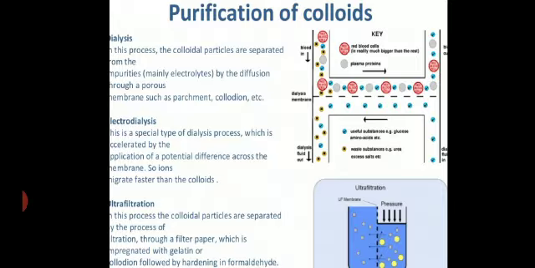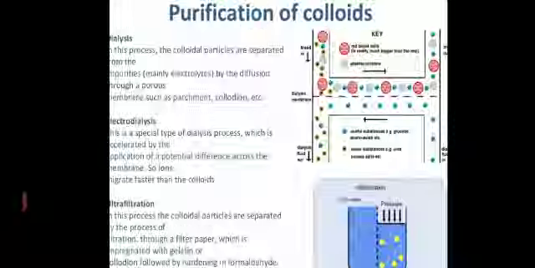Now why do we do so? We reduce the size of the pores of the filter paper, because through ordinary filter paper crystalloids can pass through, and even colloids can pass through. So we reduce the size of the pores. By reducing the size, colloids will not pass through, only crystalloids will pass through. So we take ordinary filter paper, put it into starch solution, then put it into formaldehyde and dry it out in the sun.